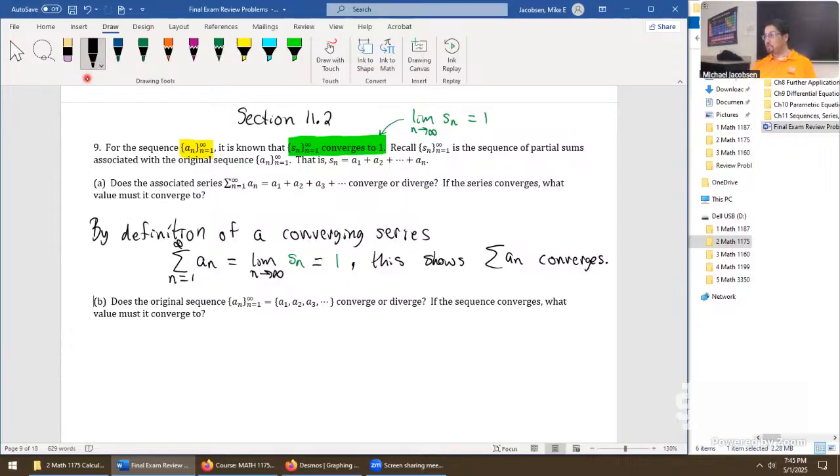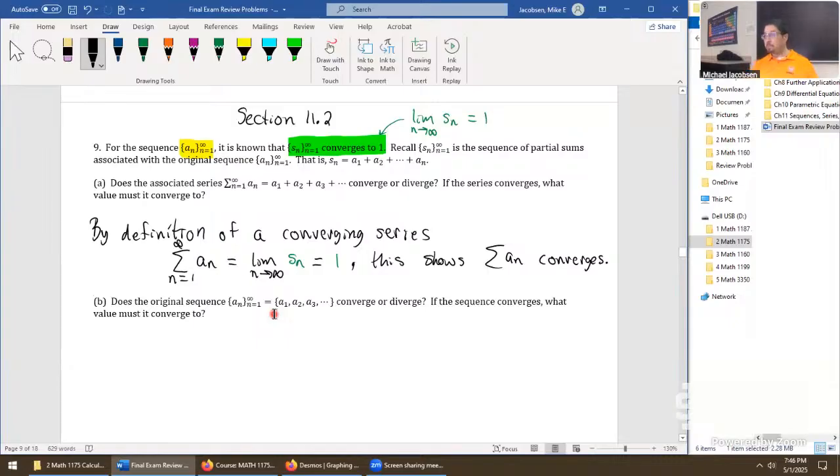Kind of a tricky problem in a certain sense, but here's a thought. What if it diverged? That might mean the limit doesn't exist, or it might mean the limit is 2, or it might mean the limit is infinity. But what would those things mean? Let's take the one where the limit is 2. That means as you add more and more terms to this sum, which is an infinite sum, the terms you're adding infinitely together repeatedly are getting closer to add 2, add 2, add 2, if the limit converged to 2.